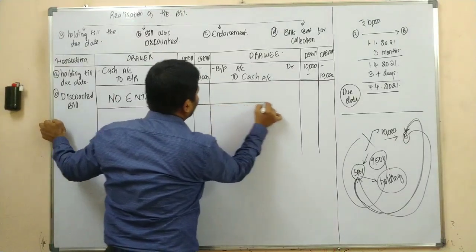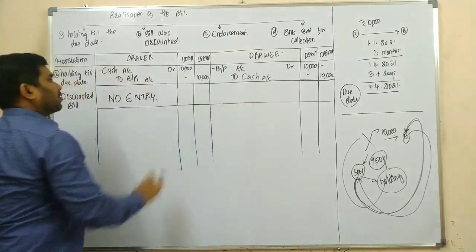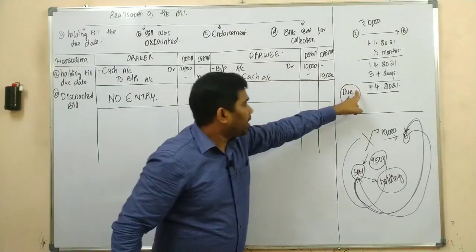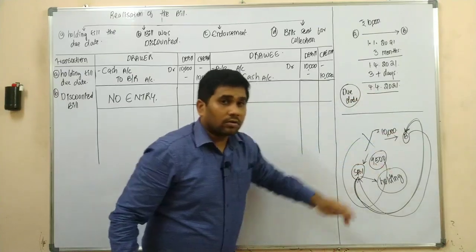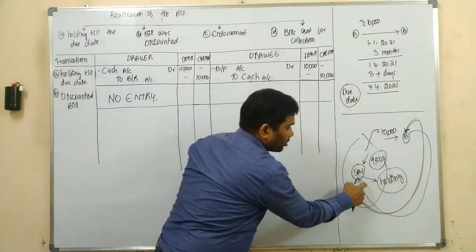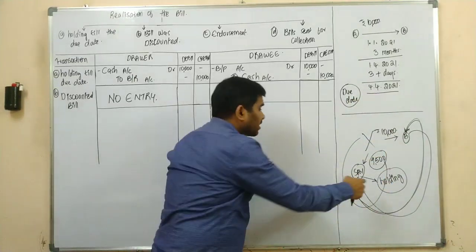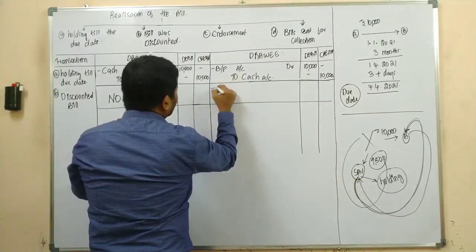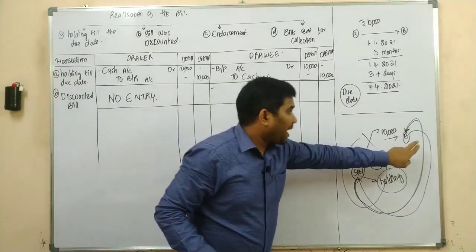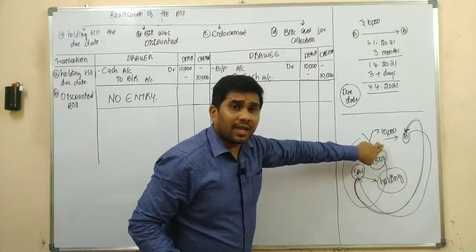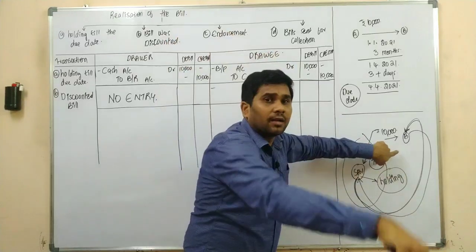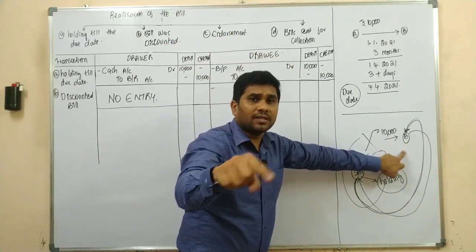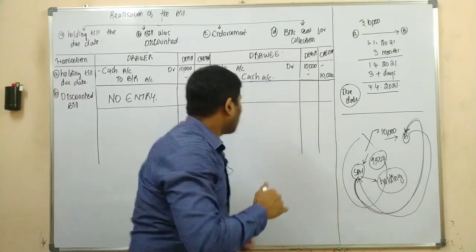Now, what is the journal entry in the books of drawee on the due date upon payment? So Mr. B is paying to SBI, yes or no? In the case of payment, what is the journal entry? The journal entry would be, he is paying 10,000 rupees towards the bill. Mr. B is paying 10,000 rupees towards the bill, yes or no? So what is the journal entry?